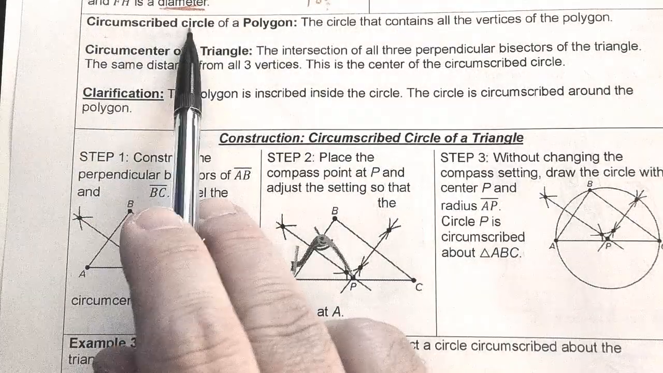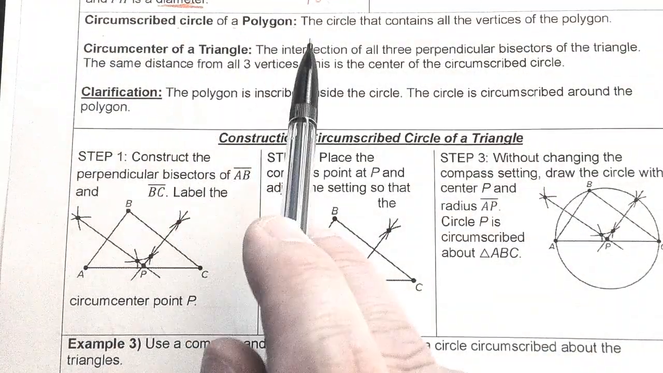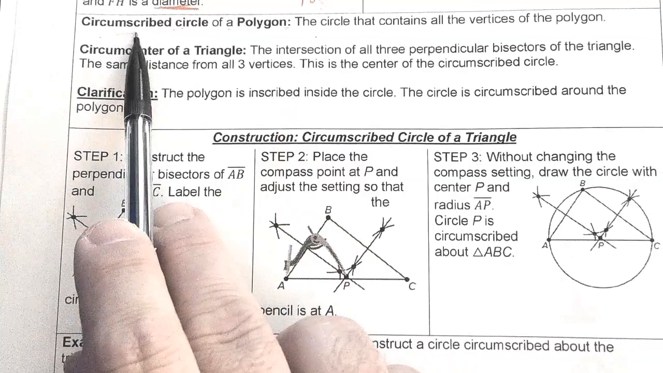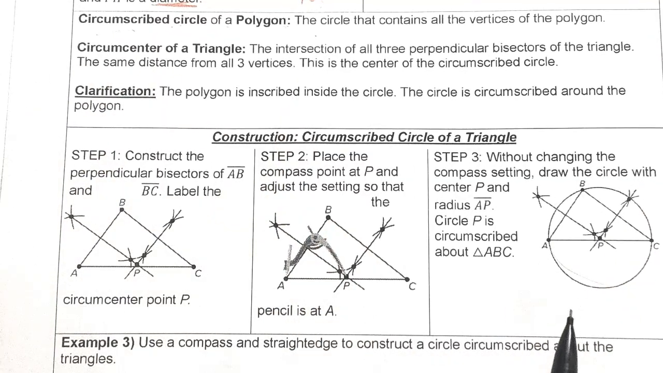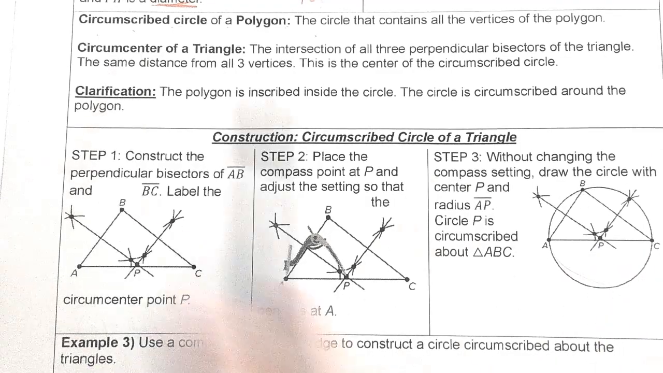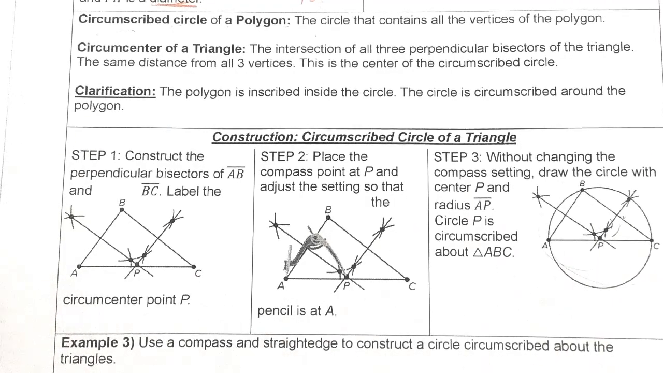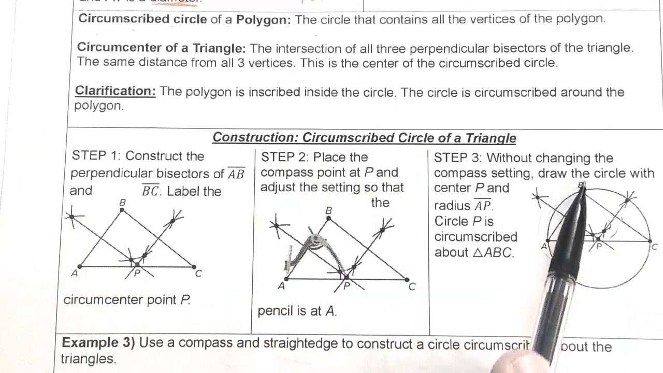Okay, circumscribed circle of a polygon. So, inscribed meant inside the circle. Circumscribed circle is when the circle is around the polygon. So the polygon's inside. We say circumscribed circle because it's got a shape inside it. So the circle contains all the vertices, so you see all the